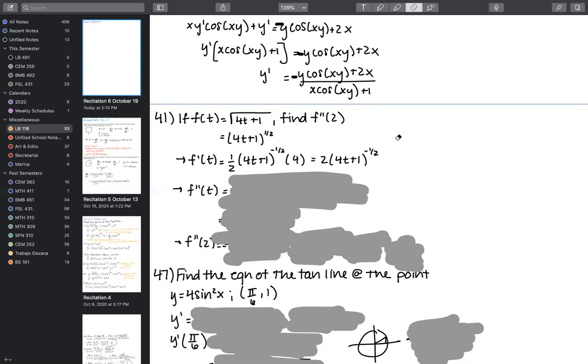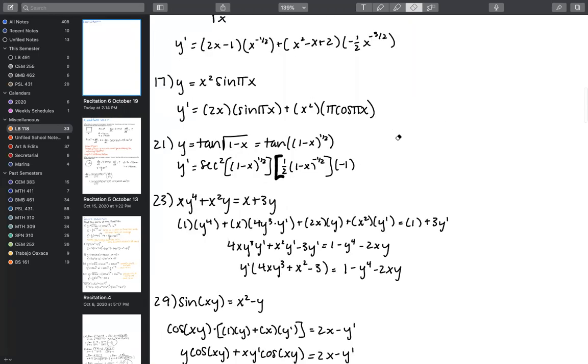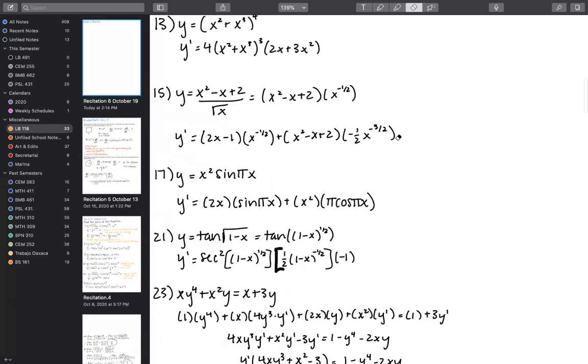So there were some questions during first recitation about when you should and when you shouldn't be simplifying at the end of a problem. And I know we've talked about this a couple times, but since it's before exam time, I'll go ahead and say it again. If the problem is asking, say for example, we were looking at this problem here, they asked you to find y prime. Okay, good. You found y prime. I would not waste my time, and I would not risk making mistakes by simplifying this or trying to combine like terms or anything like that.